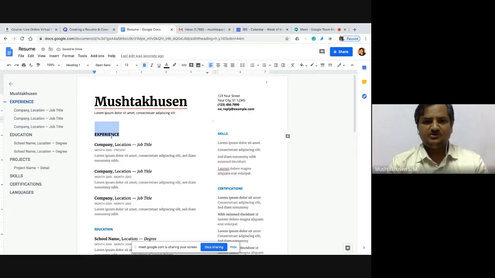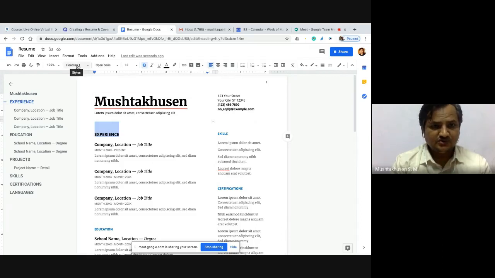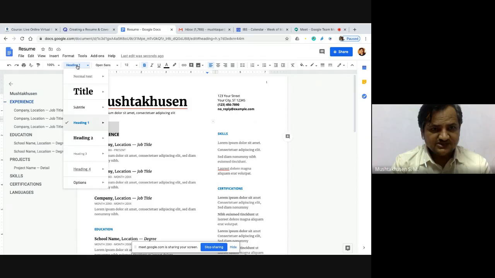Now if you want to change the color of all the heads, here you can find some heads like experience, then skills, then certifications, then education. Then what you can do is first of all you can go to experience, I mean select any one of the heads, then go to heading here. Can you see here heading? So it is heading 1. Then you can update heading 1 to match.